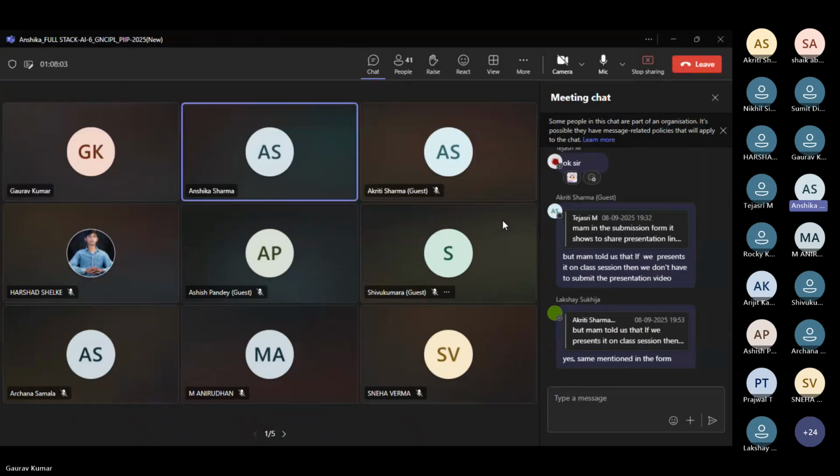Okay, Gaurav. Good job. Your APIs are working fine. Very well done. Thank you.